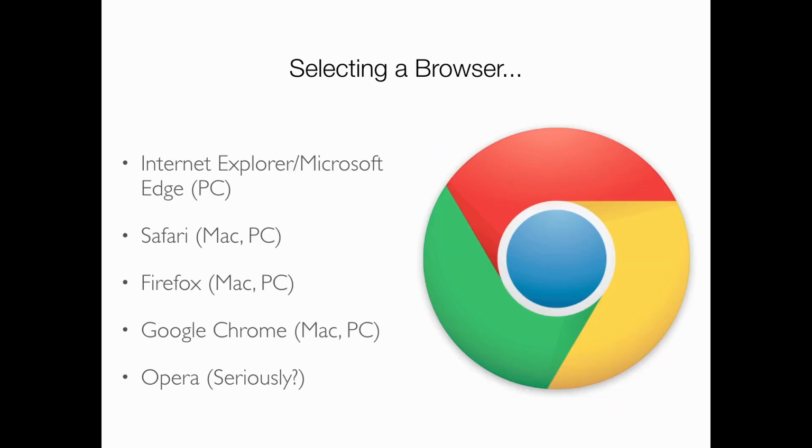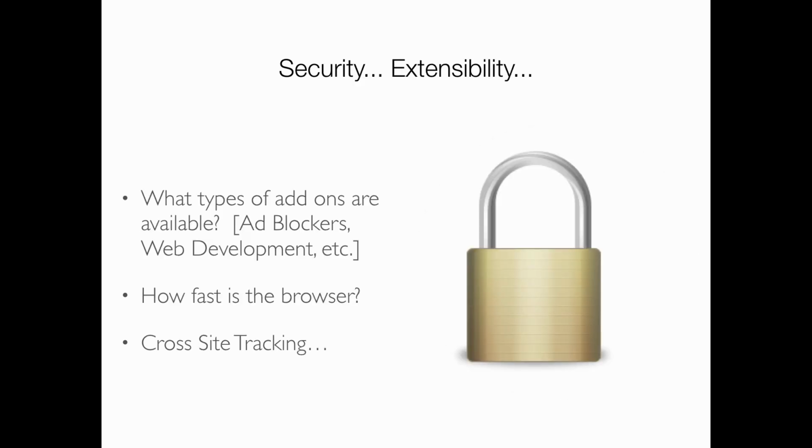We access the internet through a web browser. You've got a bunch of options out there. They all have benefits. They're at the point where it doesn't really matter which one you pick. Internet Explorer and Microsoft Edge are both the Microsoft versions that are baked into Windows. Safari is the one that's baked into Macs. Then you have Firefox, Chrome, and Opera, which is still somehow hanging on as a browser, but it is there. Most of you probably never even heard of it. Anyway, most of you probably use Chrome. That would be my guess. Chrome is considered the best and fastest web browser regardless of platform, whether you're on Windows or on the Mac, though a lot of times people use whatever's default on the computers.